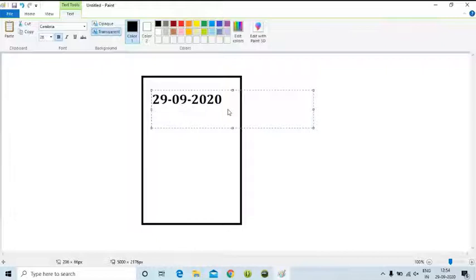The second should be changed like this. When it goes to the 59th second, the time should be changed. I hope this is very clear. Again, the seconds will start.